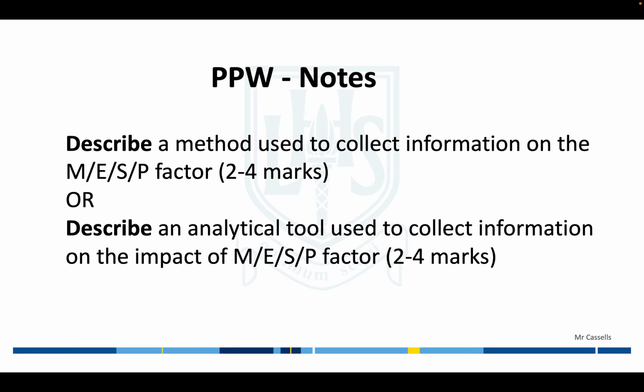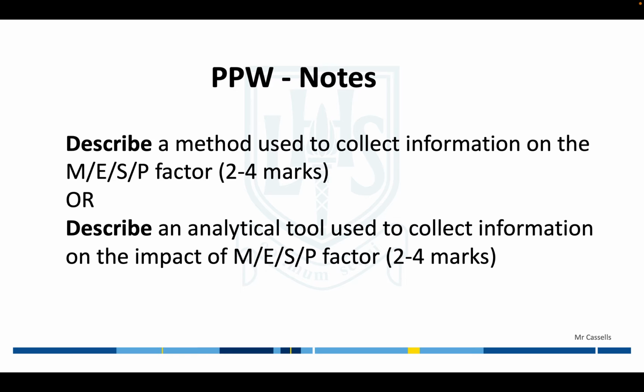So some common questions in higher PE are to describe a method used to collect information on the mental, emotional, social or physical factor, and generally speaking that would be worth 2 to 4 marks. You may also, for this particular method, be asked to describe an analytical tool used to collect information on the impact of mental, emotional, social or physical factors. Now, keywords here in the question, the command word is describe. So we need to be making short, sharp, descriptive points that really paint a picture to the marker how you complete this method,